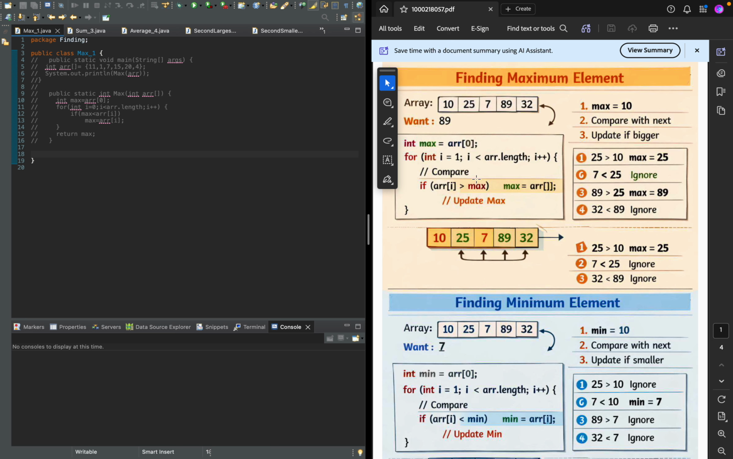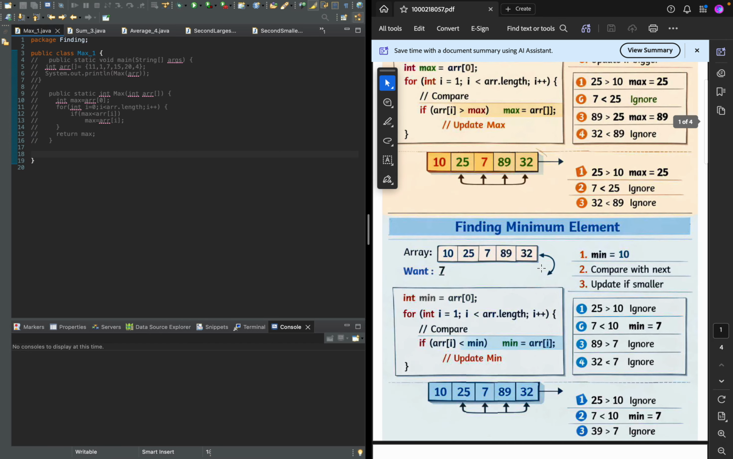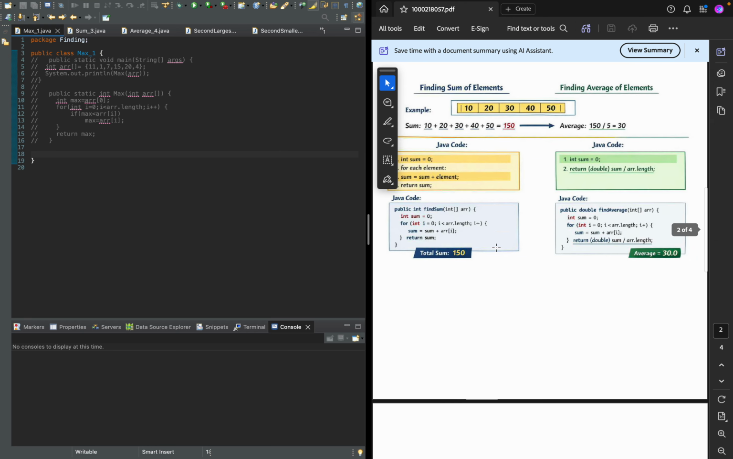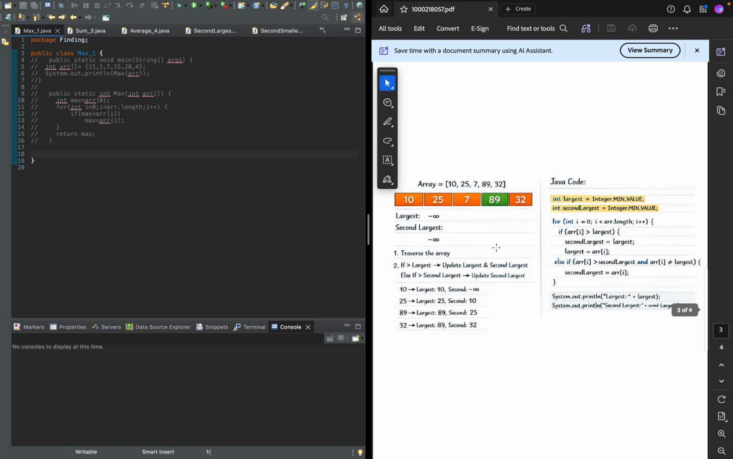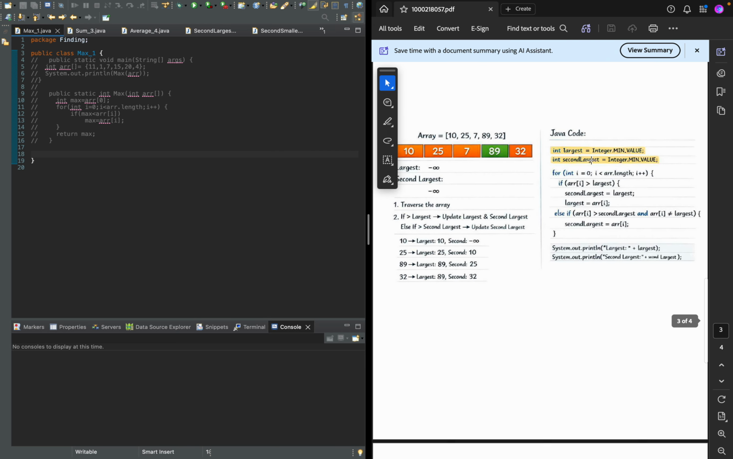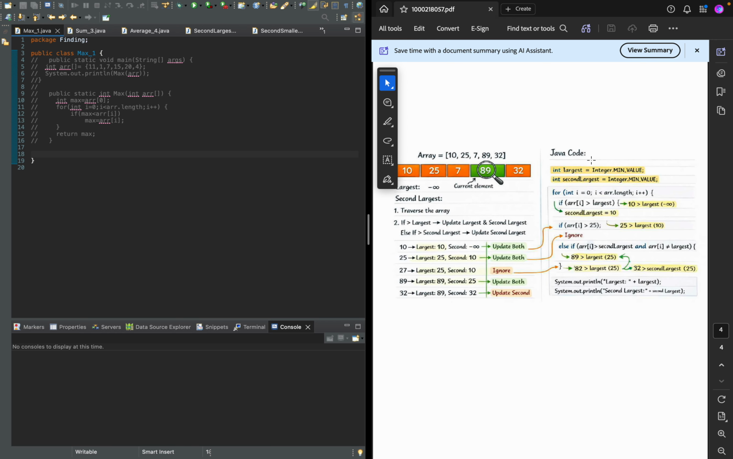Today we will discuss some problems in our logic building series. So today we will discuss finding the maximum element, finding the minimum element, and next finding the sum of elements, finding the average of elements, and finding the largest, second largest, and second smallest element in the array. Okay,